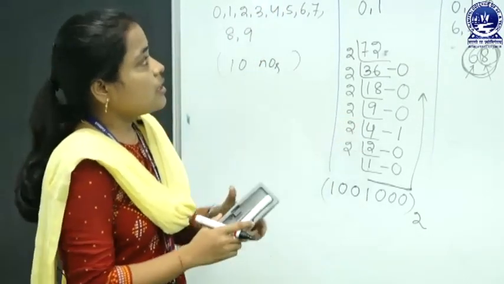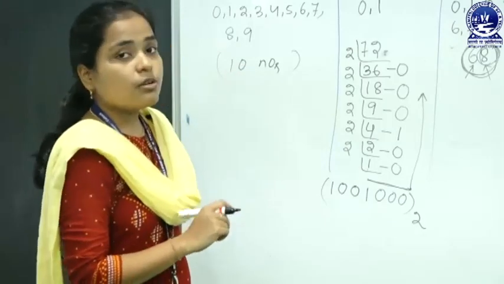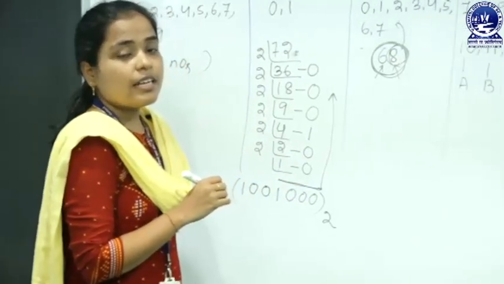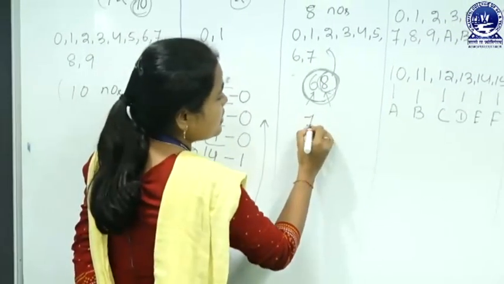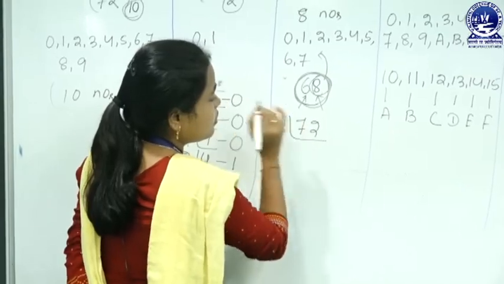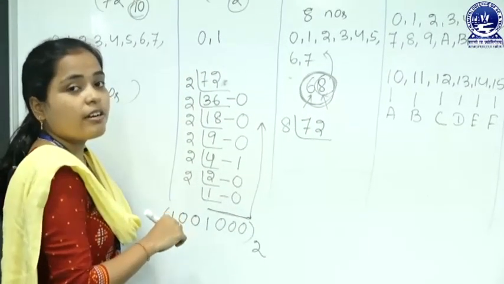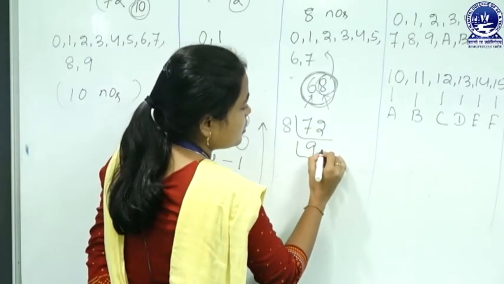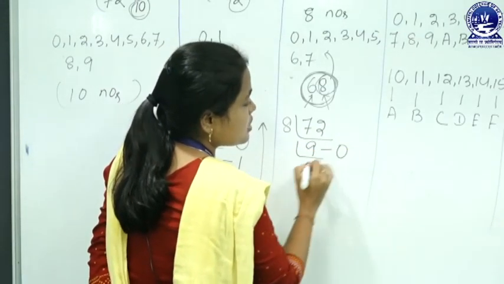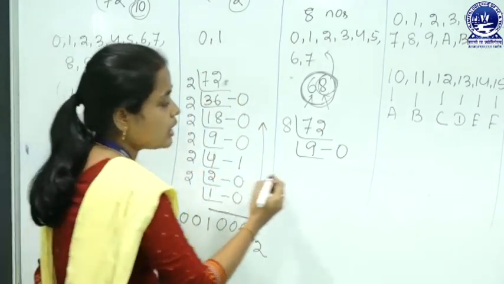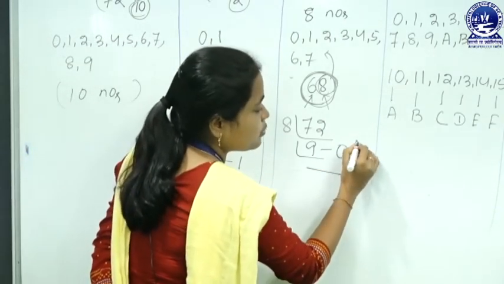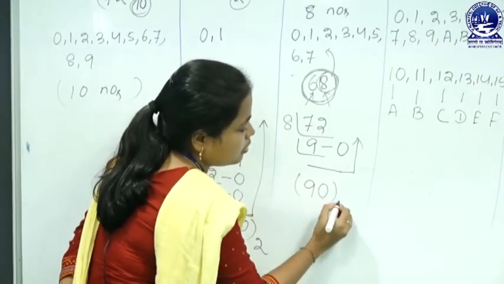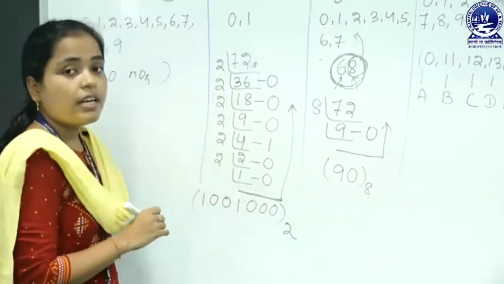Okay. So, let us convert this decimal number into an octal number. In the same manner, what is the radix of an octal number? The radix is 8. So, we have to divide 72 by 8 and find out the remainders. 8 nines are 72, so the remainder is 0. And you have to write from bottom to top. So, what will be the value? 9, 0 and the radix is 8.